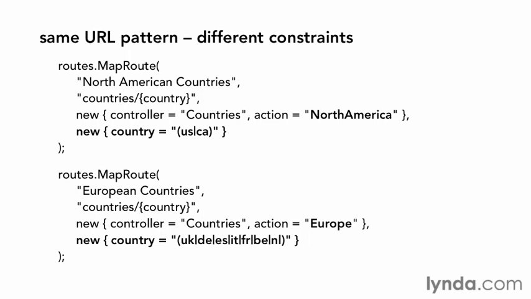For example, here are 2 routes that use identical URL patterns, but apply different constraints to match 2 completely different sets of URLs. Finally, though it's outside of the scope of this course, it's worth noting that if you aren't able to express your constraints with regular expressions, you can apply custom logic to your routes by creating and registering a class that implements the